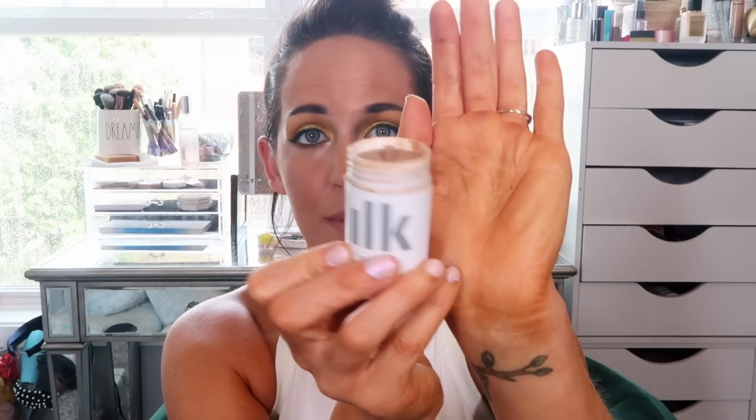You get so much product in the full size of this, and they do offer this in a mini as well. I feel like it'll take me truly forever to go through the full size. I'm not going to roll this all the way up. I have heard that there are packaging issues with these. Like I've only used that much, and I feel like I reach for this all the time. There are I think 28 grams of product in this guy, but I've reached for this so much. If you guys are looking for a really nice cream bronzer option, I definitely recommend checking this one out